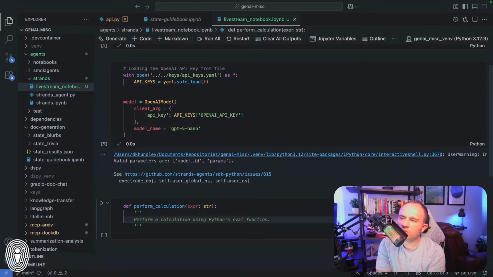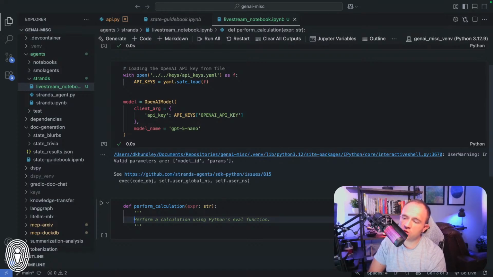And when it comes to a human's purposes, the doc string is more of a nice to have, but not necessarily a must have. In the agent world, it's a must-have. The reason is because behind the scenes, what these agentic frameworks are doing, whether it's Strands or Crew AI or small agents, is referring to the doc string to understand what the function is actually doing, the arguments, the inputs that it can take, and then what it eventually returns.